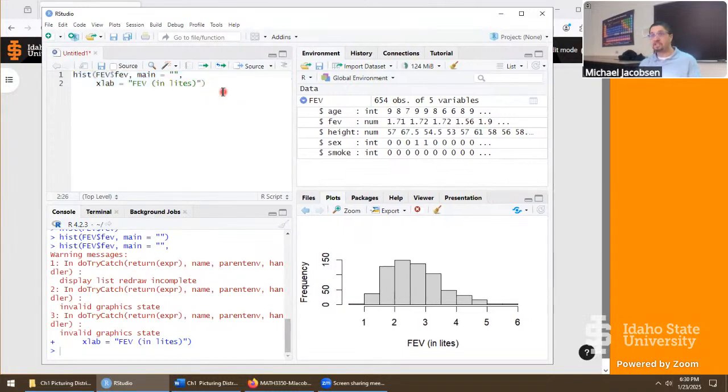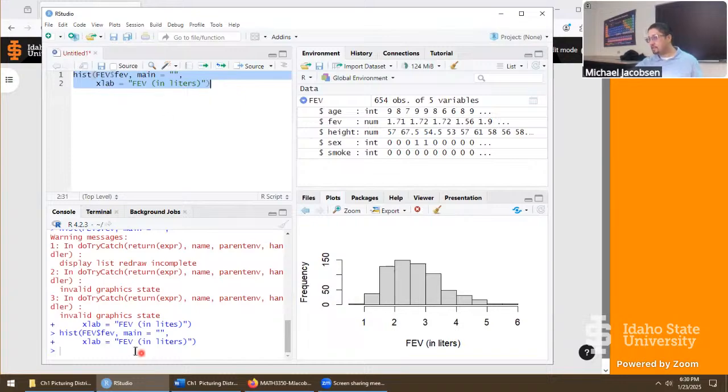But let me go one step at a time. That should be liters this way. Let me run this again. Okay, looks like no other errors. I'm not too sure what that was. Could have been when I squished the windows tight and it couldn't display. Not too sure. But from here, if this is your histogram, I would say it's totally fine.